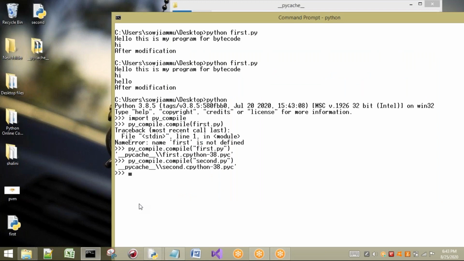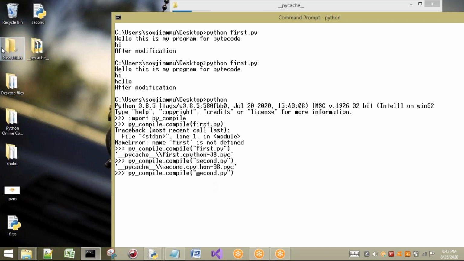Now some people may think: sir, if I want to compile multiple files at the same time, how many times will I use this? Let us say I have 10 files. If I want to compile 10 files individually and write these statements individually, what happens? We have to write it 10 times. So is there any alternative? Yes, we have an alternative. One function is there, and that function name is main. There we can provide file names.